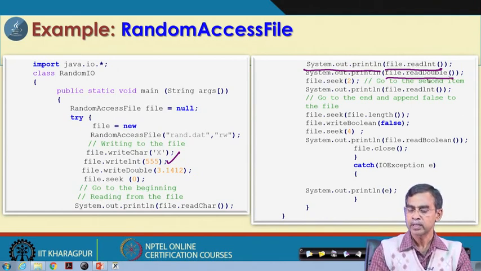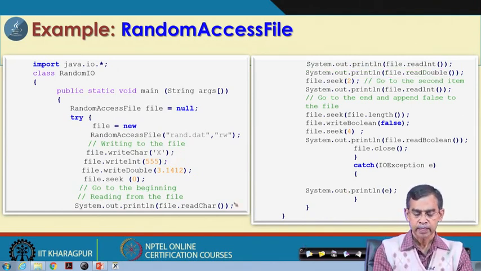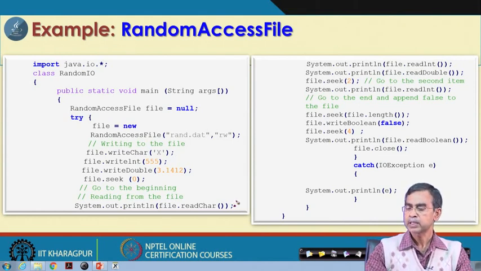So, this one will read to the next one. This will read the element at the 0th position of the file, this will read the element at the first position, then the second position, and so on. This way we will be able to move the file pointer automatically. Again, if you want to move the file pointer explicitly, then we can issue the seek command.